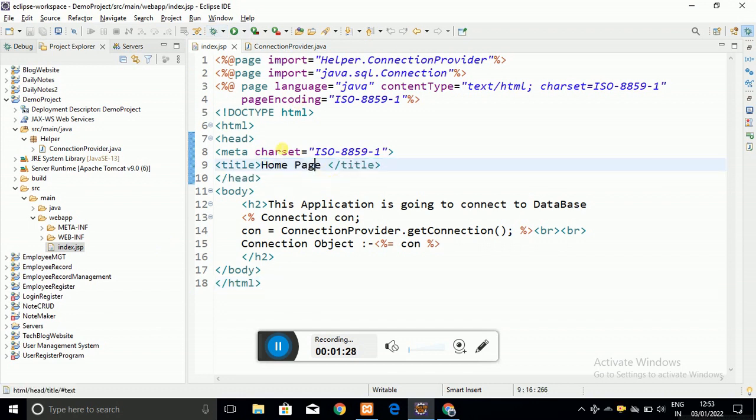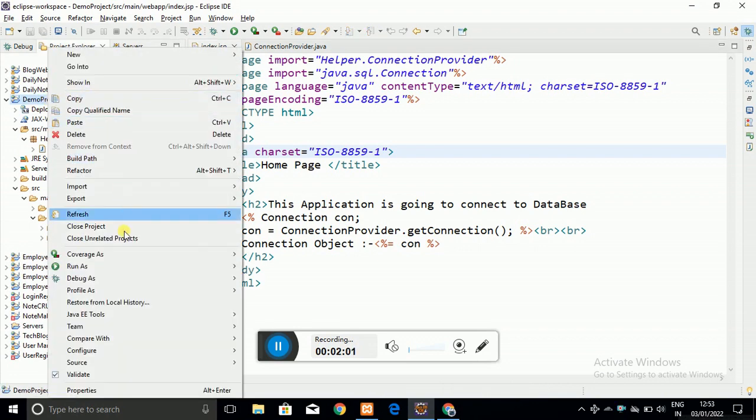Here you can see that in the home page itself I have accepted that connection object from the getConnection method which we have just created. If I get something in the connection object, then I will confirm that our application is connected to our database. The nodetaker database I have already created. So first of all, let me run this project.